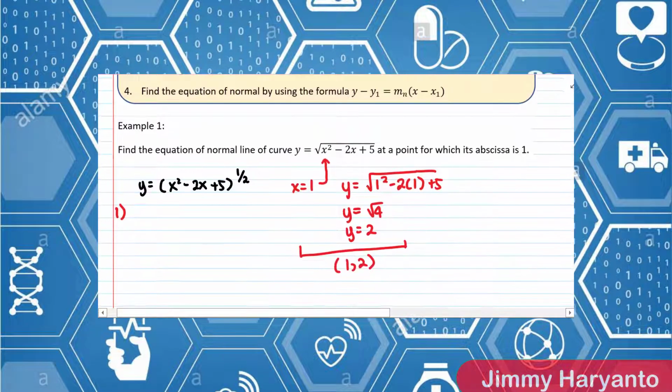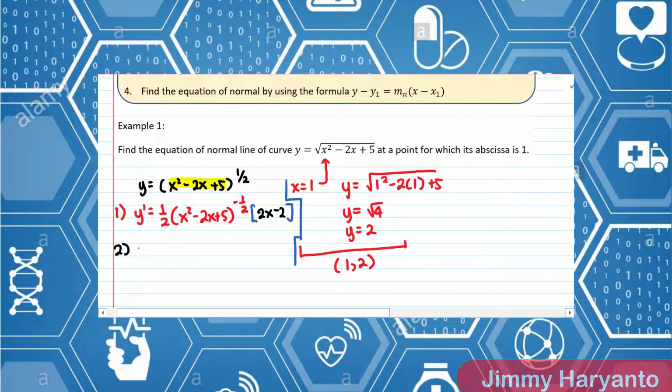First determine the first differentiation. So y prime will be equal to, we have powers right here, that means you have to move the power to the front. Half times x squared minus 2x plus 5 to the power of negative half, minus 1 from the power, and then don't forget to times it with the inner differentiation, so 2x minus 2. Okay, very good.